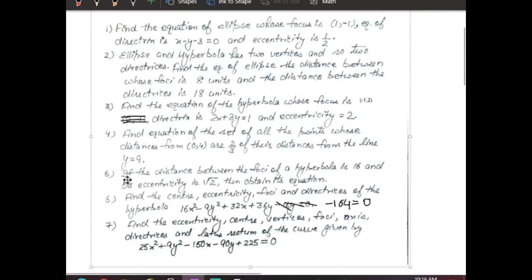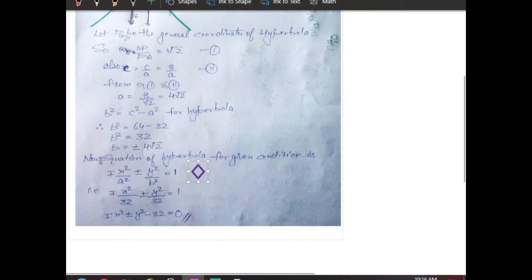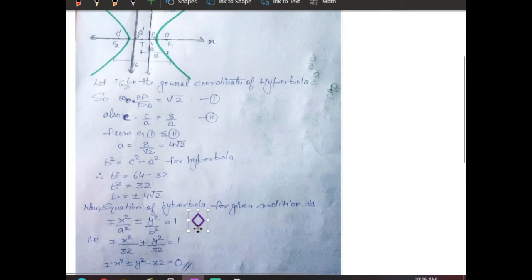Coming over to the fifth one, if the distance between the foci of hyperbola is 16 and eccentricity is √2. Now again, just like your second question, this is not most general but not even most specific. Okay, so you should have, there are many equations possible. So let's have a look at the fifth one. So that's why I have written this, and there are many equations possible. So these are not complete because these are the equations whose center is at origin.